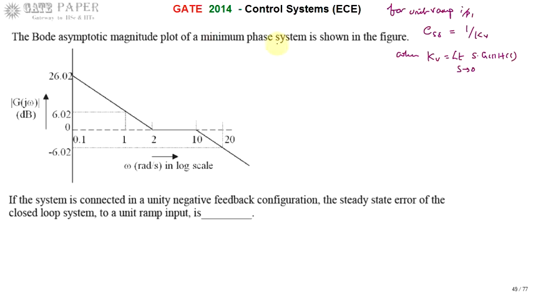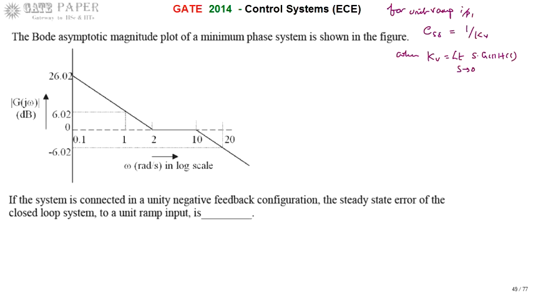A minimum phase system is nothing but a system which gives a minimum phase difference between the output and input of the system. A system which gives minimum phase difference between the output and input is going to be treated as a minimum phase system. The property of a minimum phase system is that the poles as well as zeros both should be in the left half of S-plane, then it is going to be treated as a minimum phase system. I think you remembered that one.